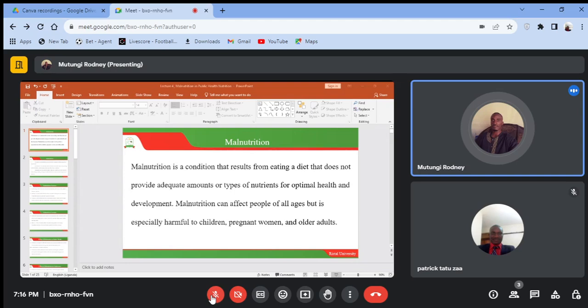But also remember that there are those diseases which require some drugs that should be taken after eating. And now, if you have a situation where you're not eating well, or you're missing some meals because of not having perhaps the resources to buy them, then it will be a problem. You might miss out taking those drugs, or when you take them, you'll get those adverse effects which would be avoided if you ate better.